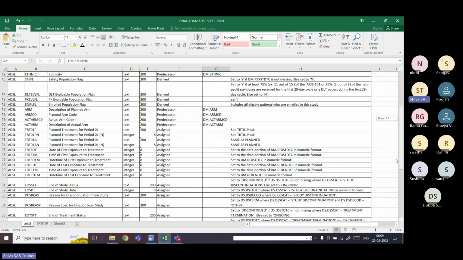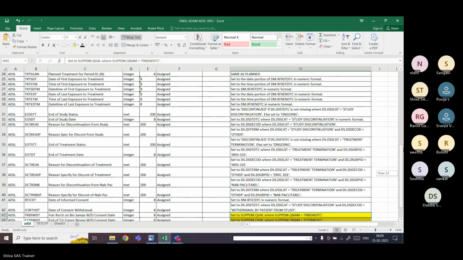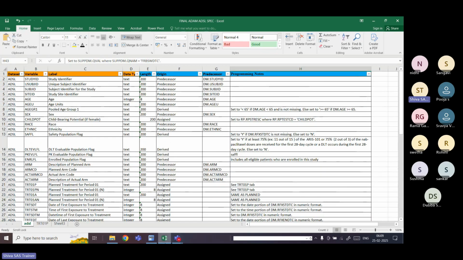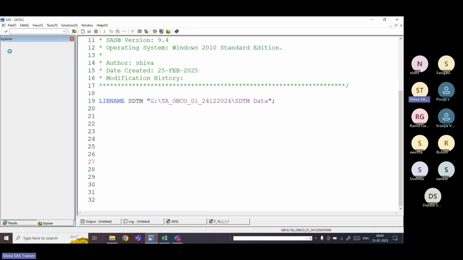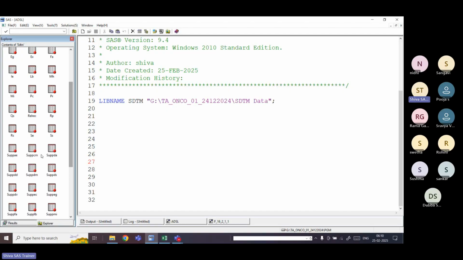Some variables are coming from, if you look here, the supplementary DM, SUPPDM, and some variables from other domains. Okay, so you can look here. This is the DM, the demographic domain, and this is the supplementary DM. Supplementary is nothing but